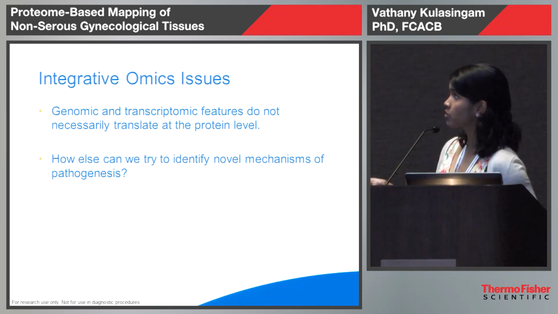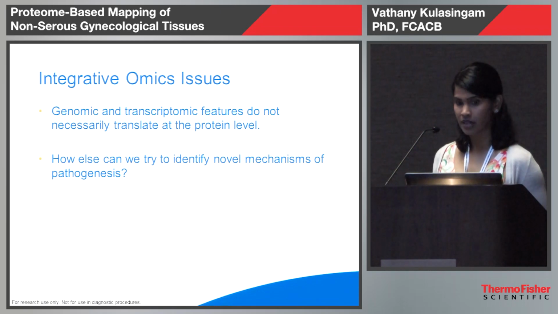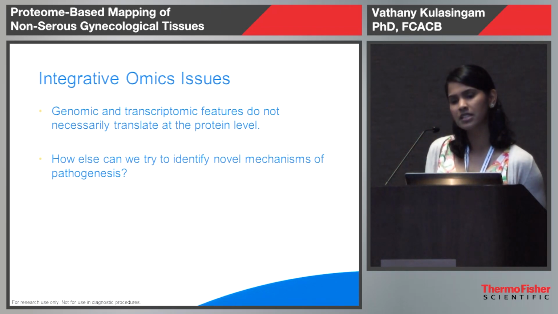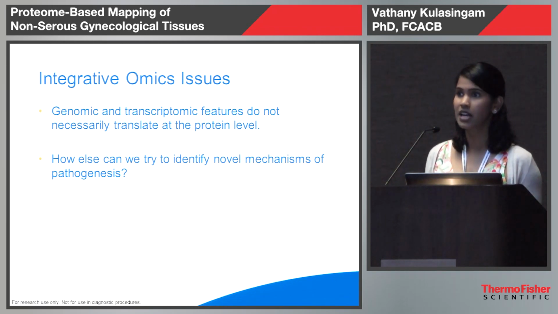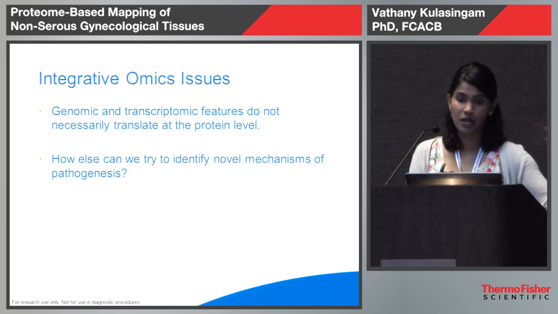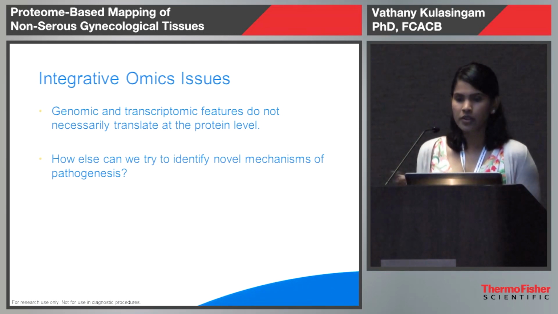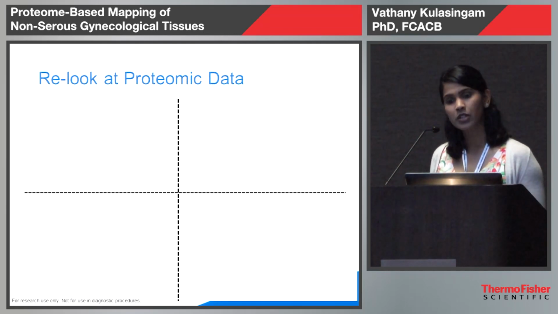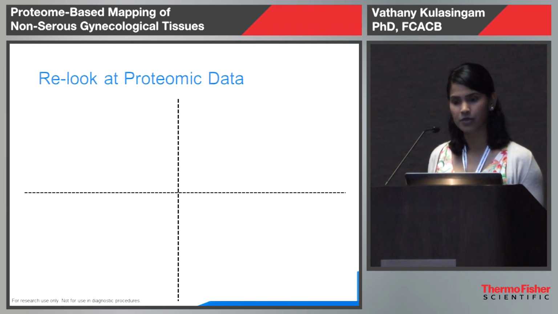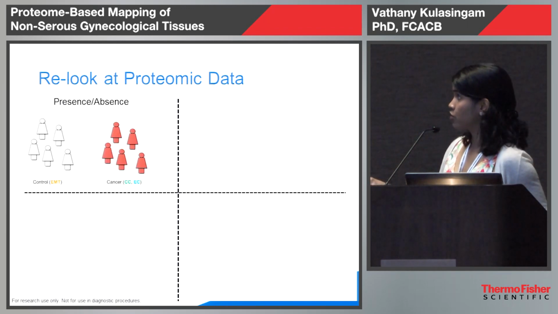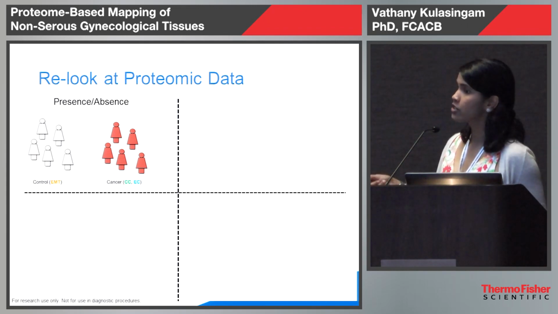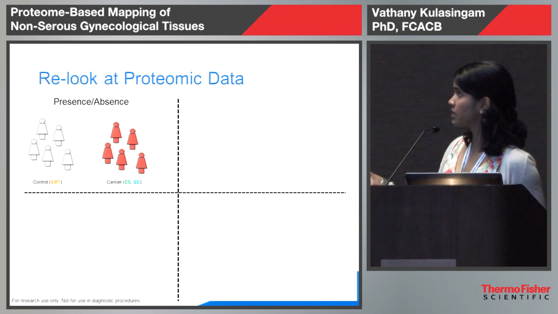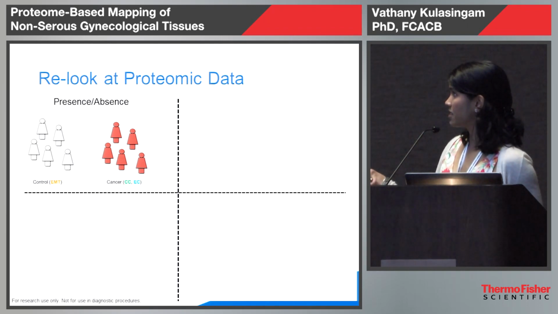The genomic and transcriptomic features do not necessarily translate at the protein level, so it made us think, how else can we identify novel mechanisms of pathogenesis if I can't go back to the literature to see what's already out there? So we thought, we have our own data, let's re-look at our data, and we looked at it in 4 different ways. We have our control cohort, which was endometriosis, and our cancer cohort, and we wanted to focus on proteins that were completely increased in the cancer cohort compared to the control cohort,